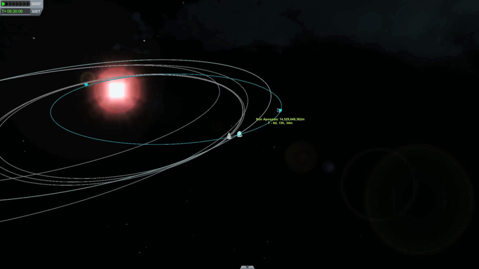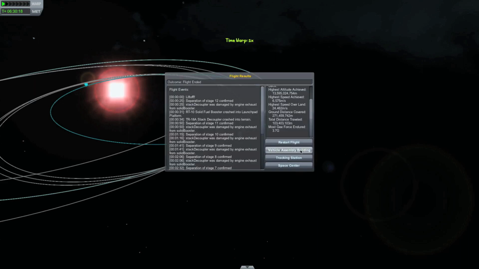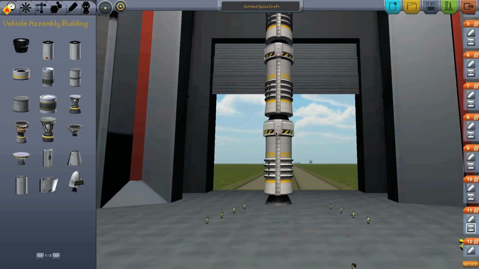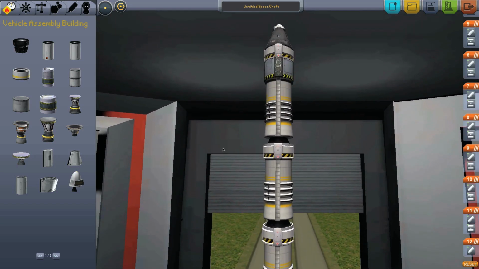Alright, so let's check our, yeah, significantly less powerful. So this would be 14,530 megameters in escape velocity. Just sort of my way of testing it. And well, the way these work is it's not going to really make that much of a difference. So I think, honestly, I would move on